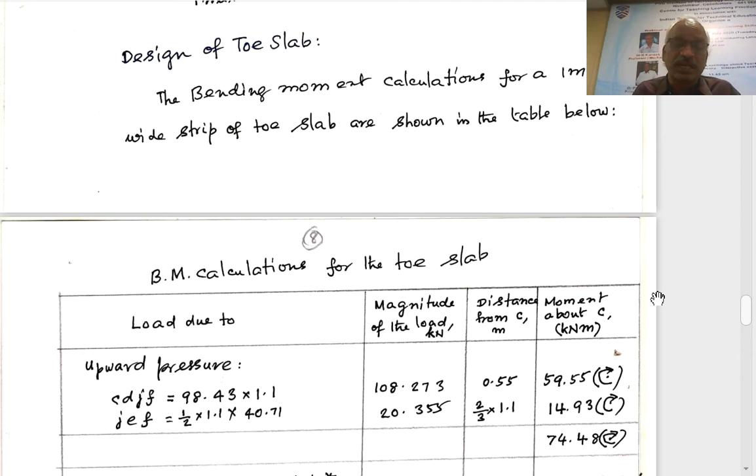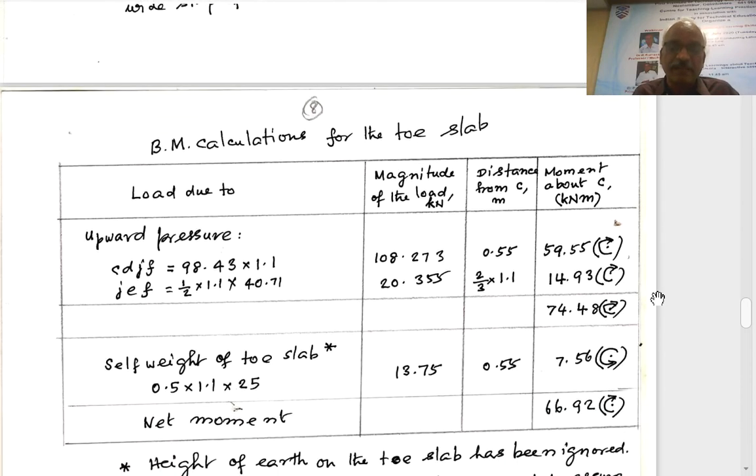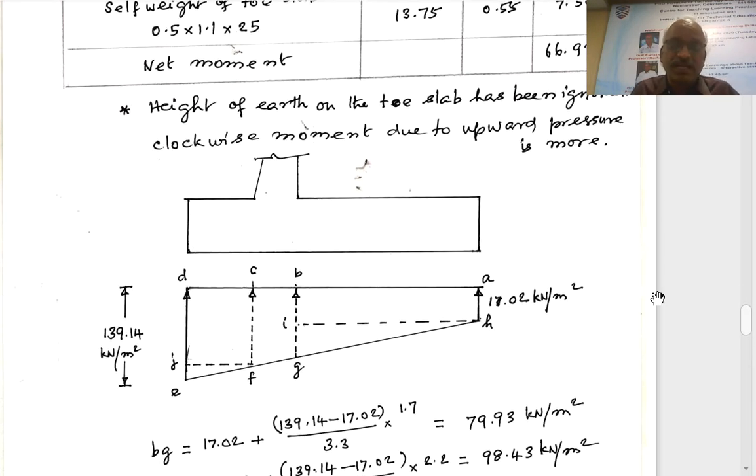Now after getting the base pressure, we have to design the toe slab. Coming to the design of the toe slab, we have to remember that in the figure shown, the toe slab will act as a cantilever. Let us call the section above C, the location where it is fixed with the stem. So above C, that section, is the fixed end, and the left end is the free end, right? Now we have to know what are the forces acting on this.